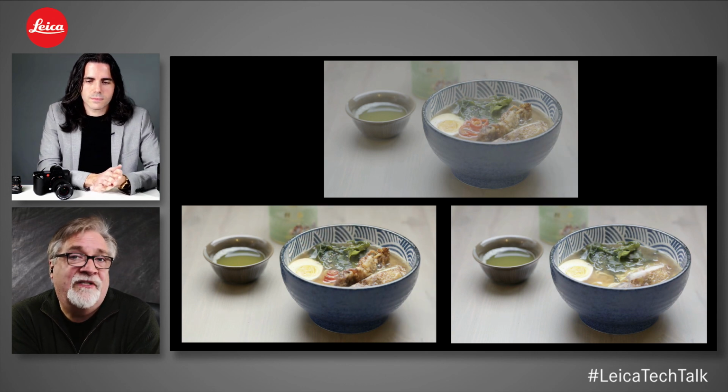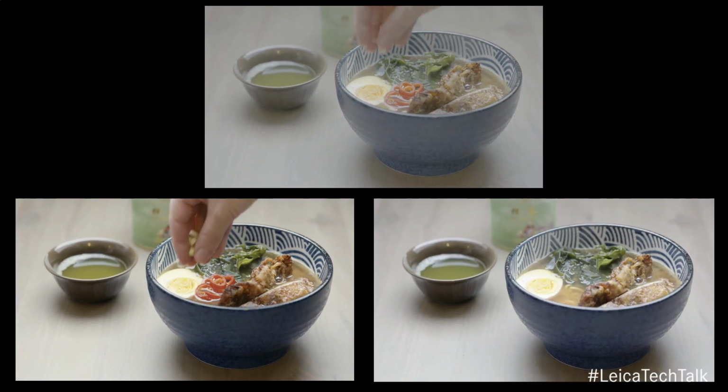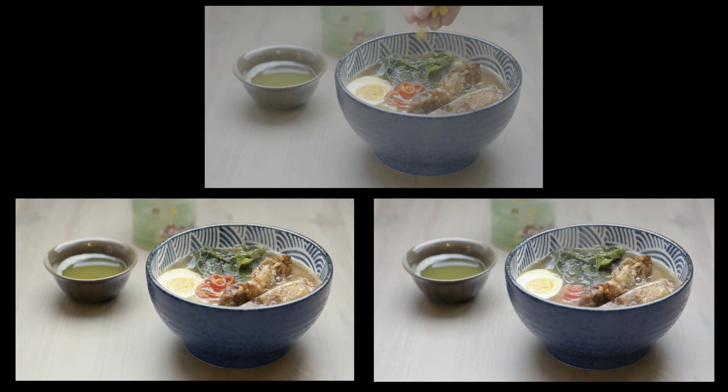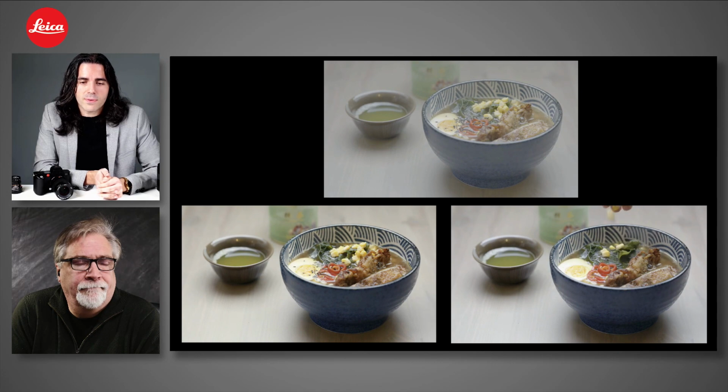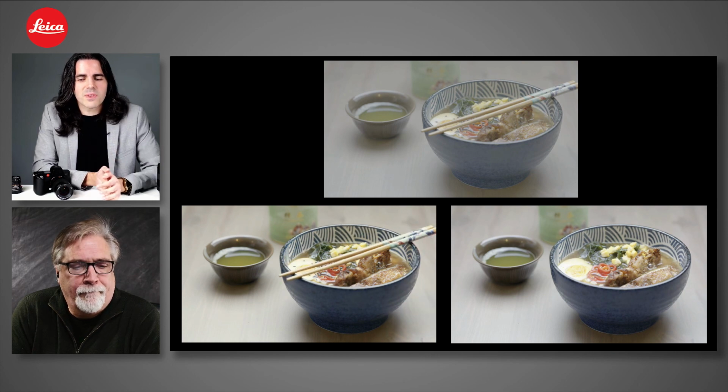What's been the reception to the integrated LUTs and the actual look of the LUTs? I got to give a quick shout out to the fine gentlemen at DP Review TV. They did a great video on the SL2-S, and they filmed some portions in the classic LUT format, and it looked phenomenal. They had a lot of nice things to say, and I think when we talked to some people about this camera now having integrated LUTs, and maybe some other things we're going to talk about in another moment that are coming,